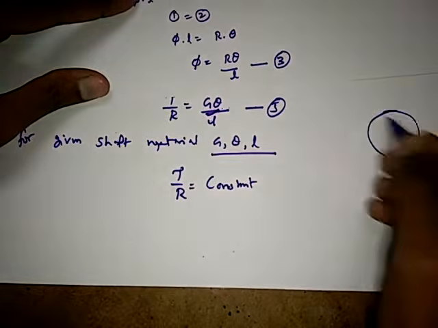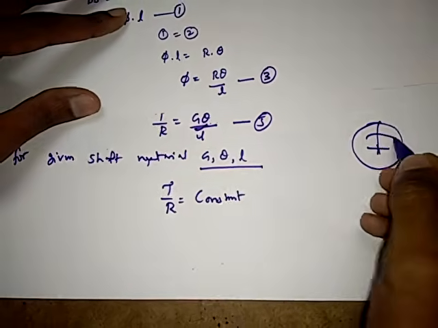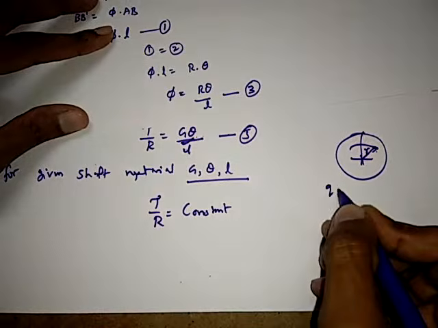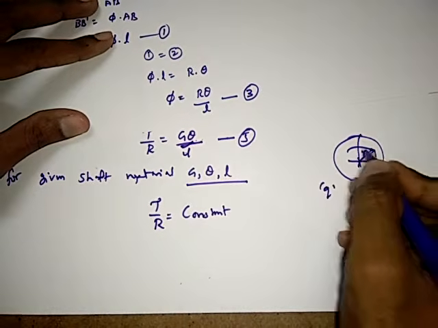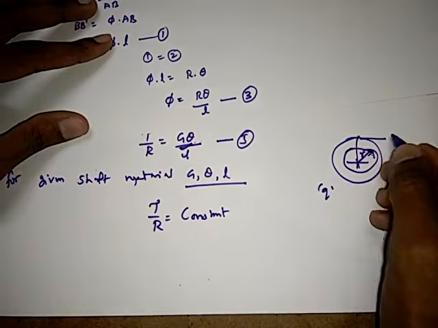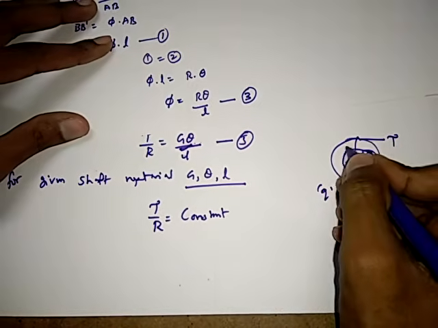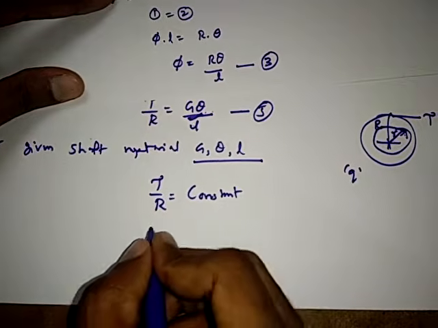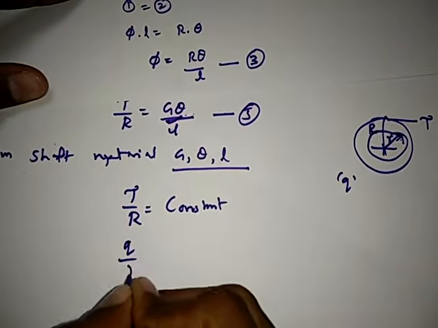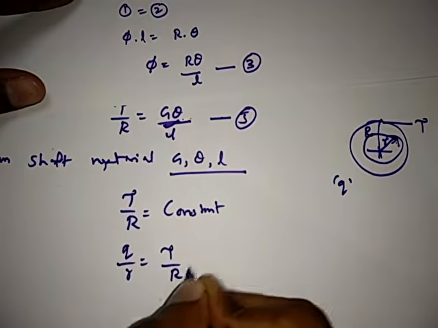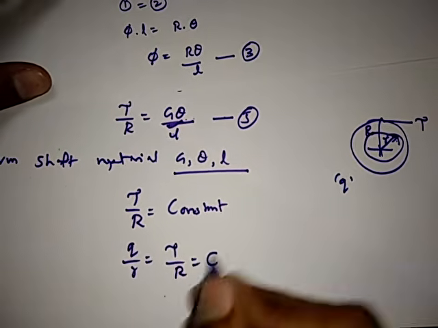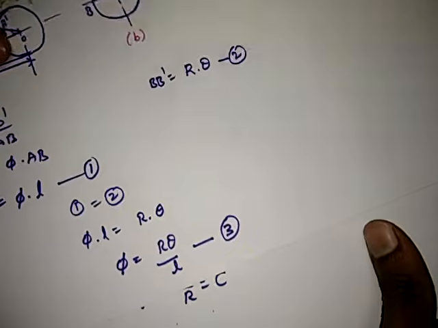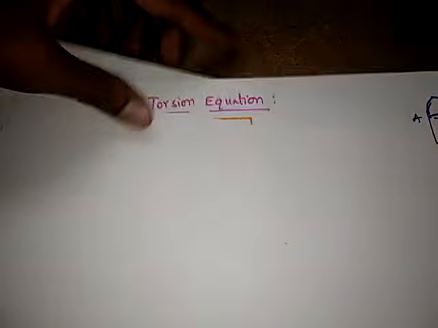Suppose we take some layer at the radius of small r, and let small q be the shear stress produced in this layer. I told you tau is the maximum shear stress, which is produced at the capital R. So from the relation tau by r is equal to a constant, I can write q by small r is equal to tau by capital R is equal to a constant. And if we proceed with this,